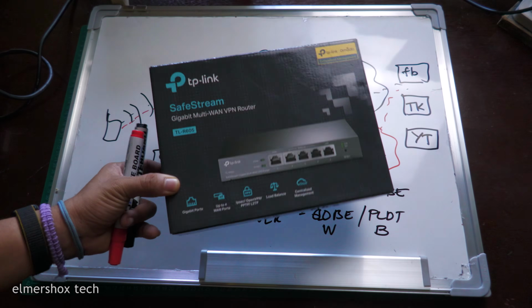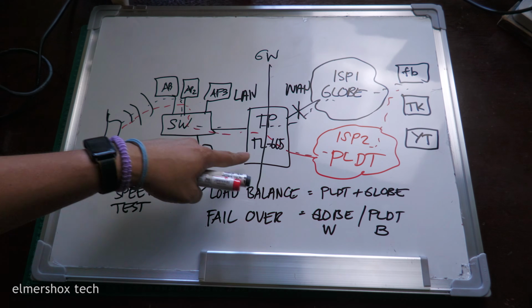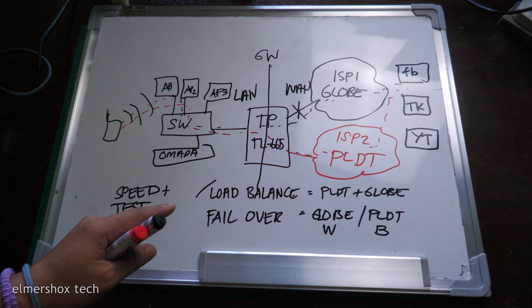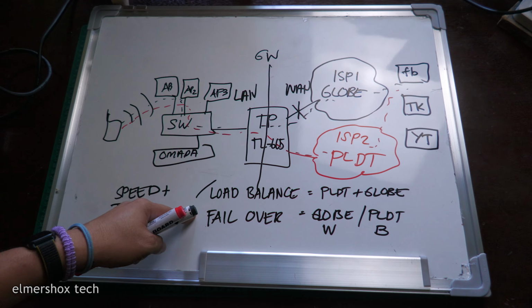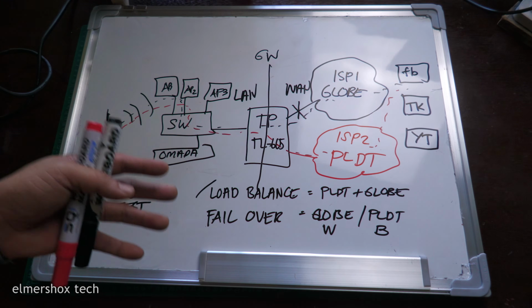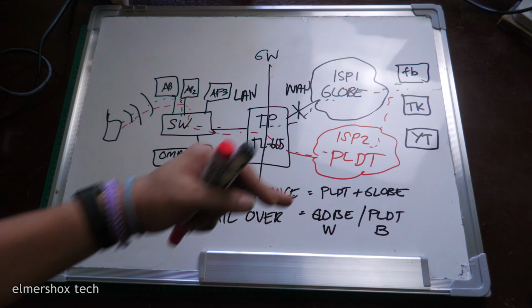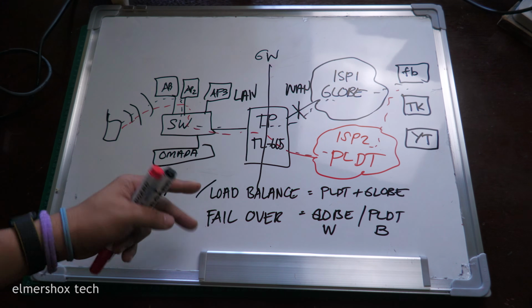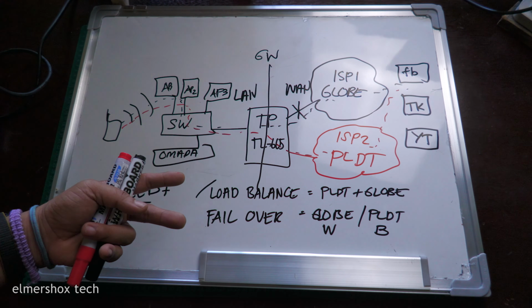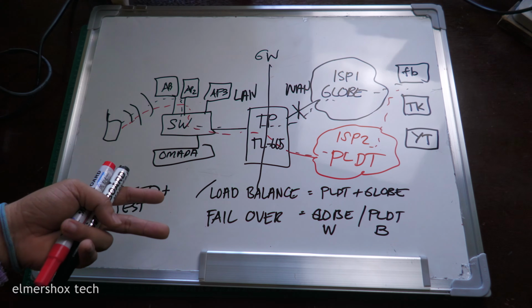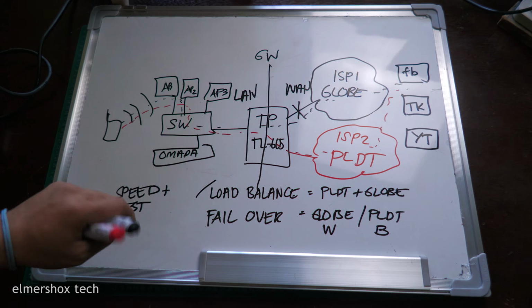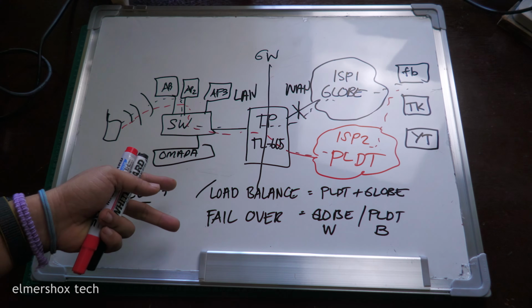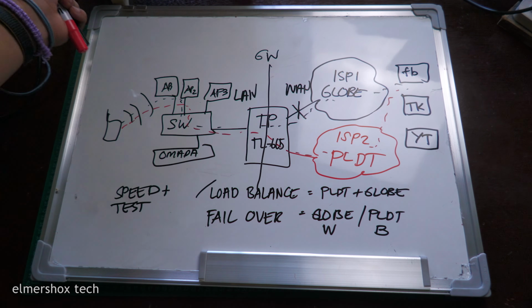So this is the TP-Link SafeStream router that I'm using here for the load balance or the failover. For me, failover is much better for my customer experience because I do a lot of streaming and uploading. So the other ISP will be just a backup, just in case I need it. So I just switch between the ISPs one at a time. For example, this week I'm using the PLDT. Next week I'm using the Globe. So that's how I set up my network on this load balance or failover feature of the SafeStream